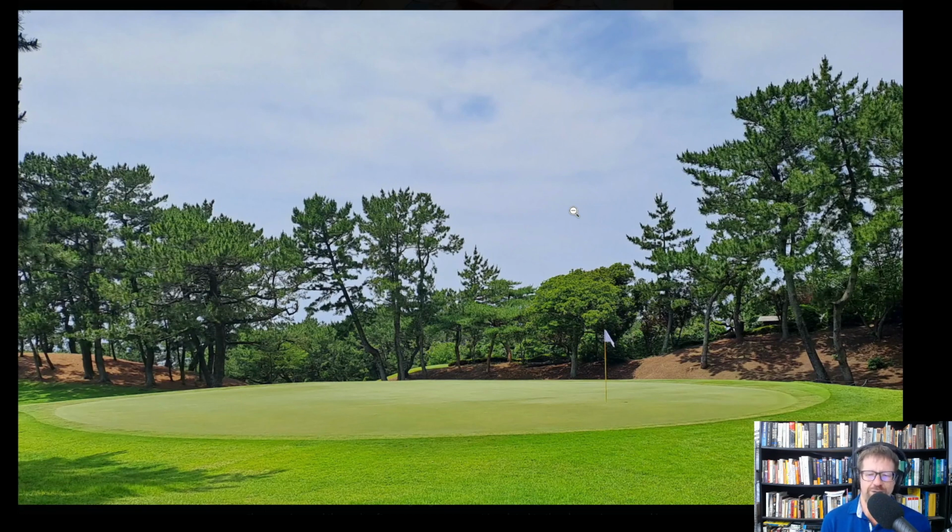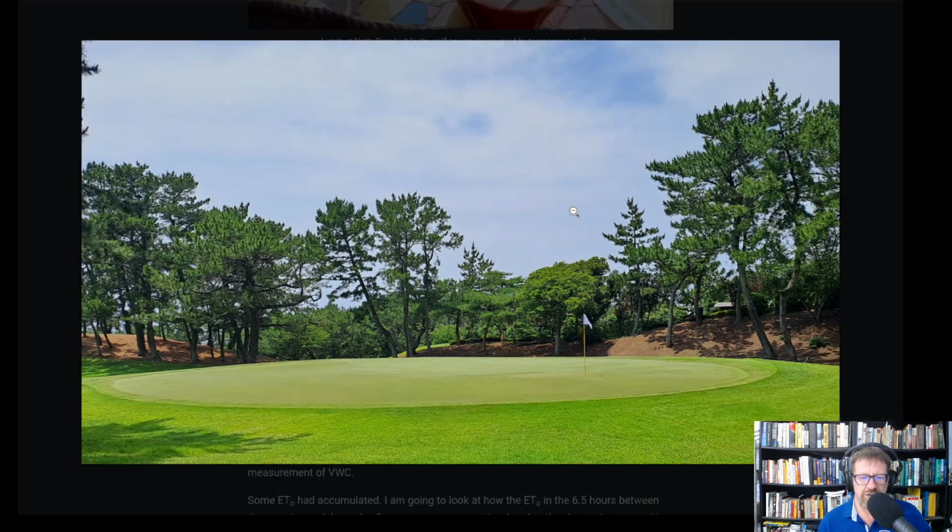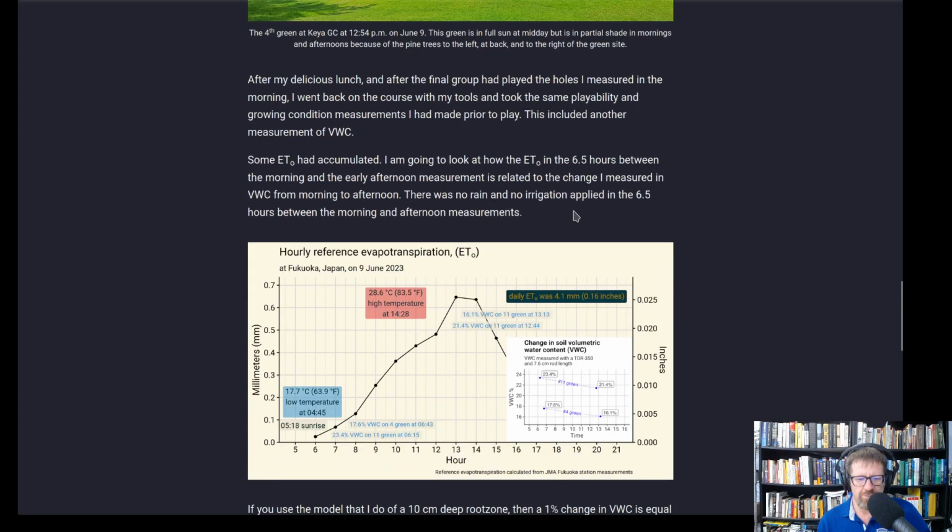I'm showing a picture now of when I was at the 4th green in the afternoon. And the 4th green, I measured in the afternoon I was there at, let's see, the second measurement,